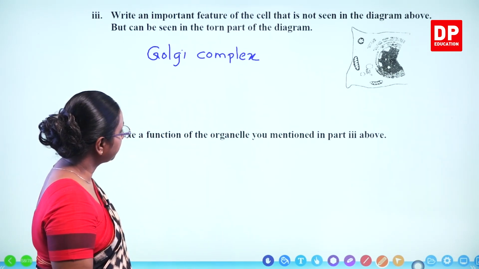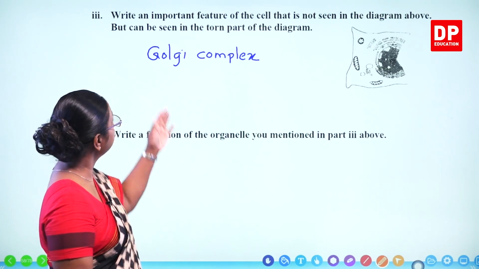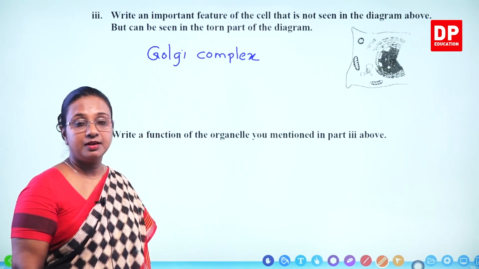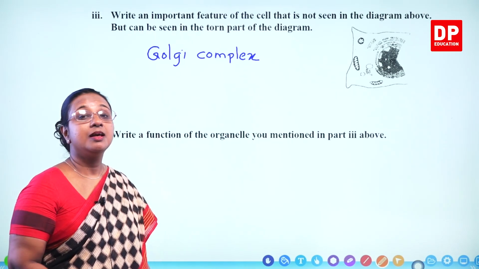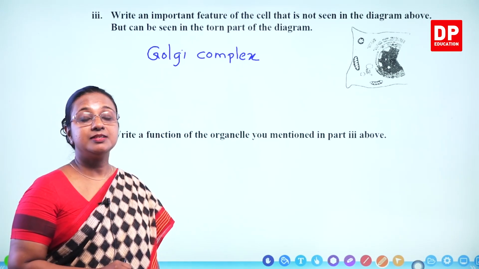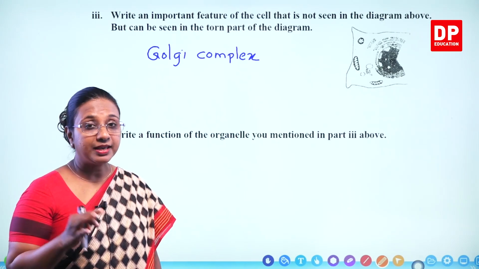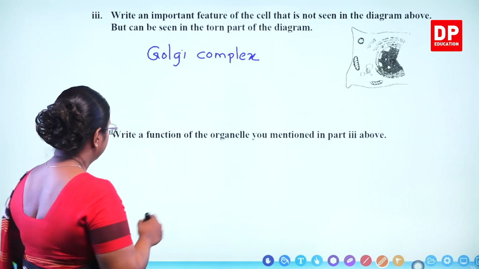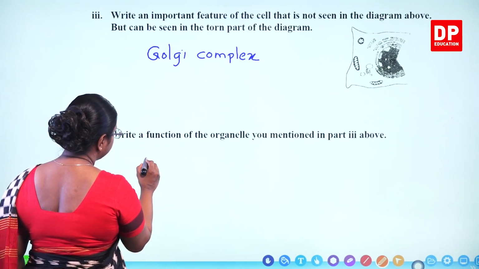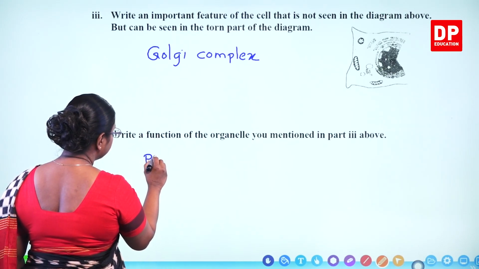Write a function of the organelle you mentioned in part 3 above. What is the function of a Golgi complex? Production of secretory substance, packaging, and secretion. So here you have to write production